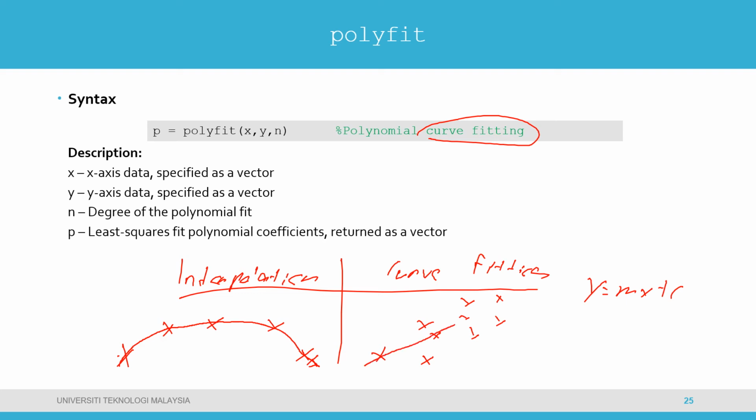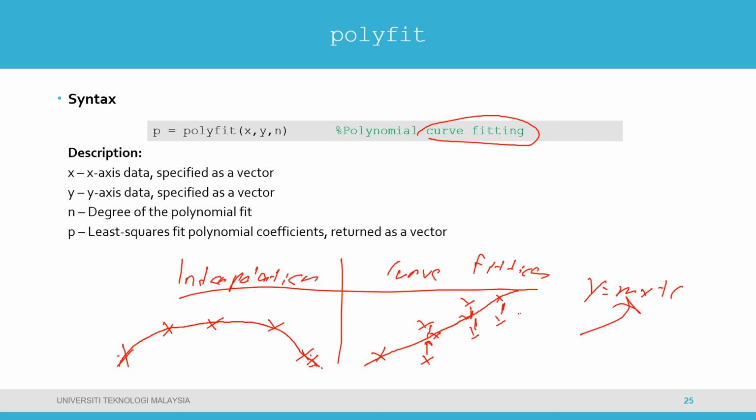So you have a little bit of error here, a bit of error, and error. Basically, it tries to fit a polynomial. With interpolation, you fit everything inside that. But curve fitting is basically you try to find a polynomial equation that fits with the